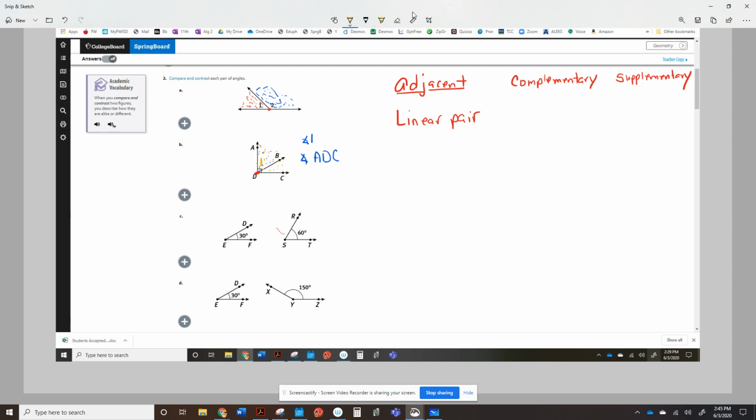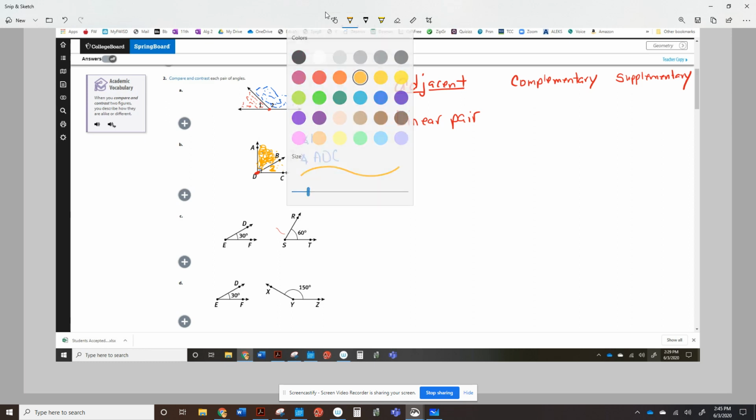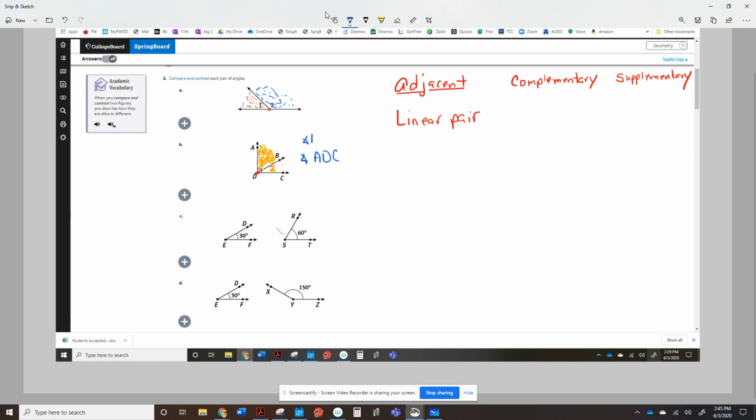So we've got this angle right here, angle 1 and angle 2. Angle 1 is all of this right here, and then angle 2 is all of this right here. They share a common endpoint, and they share this side right here, side BD, but they don't share any interior points. So we could say that even though these two were not adjacent, angle ADB